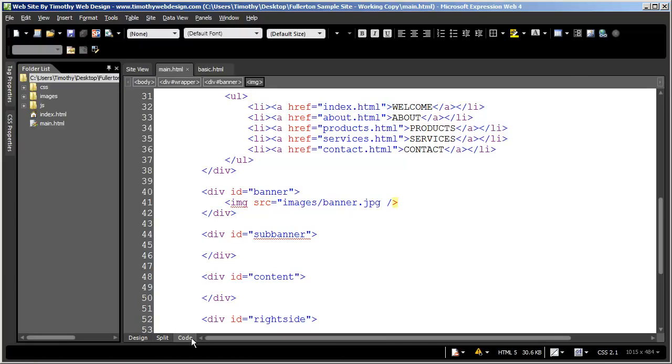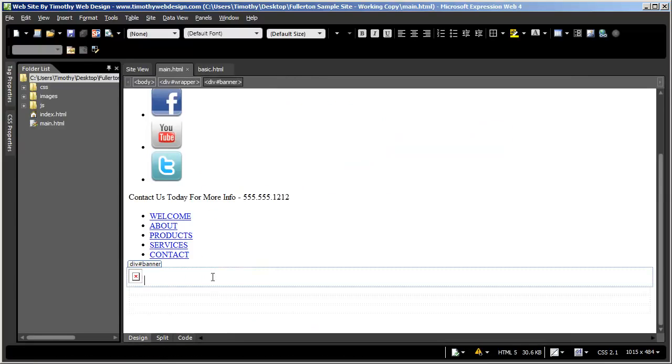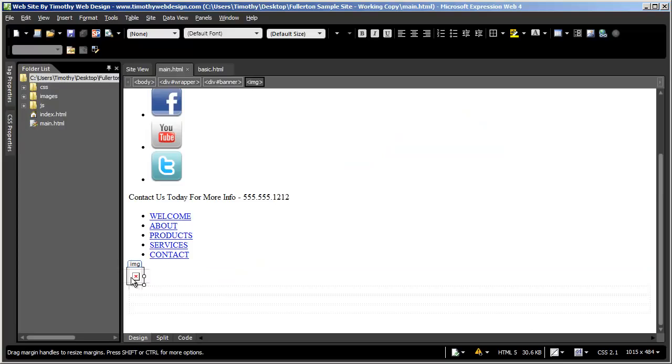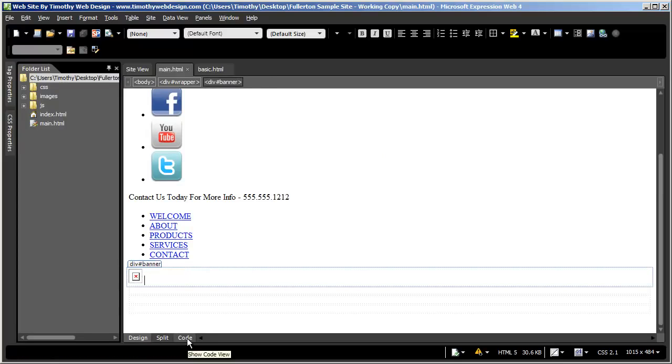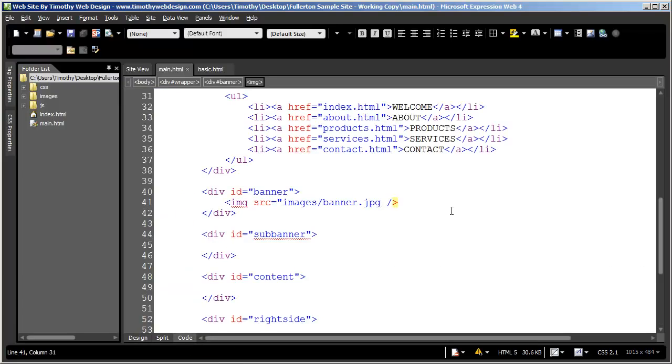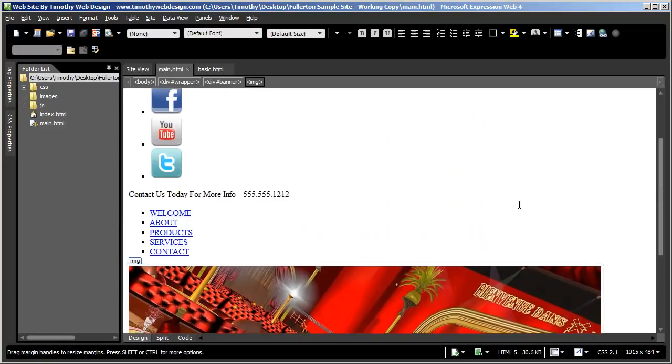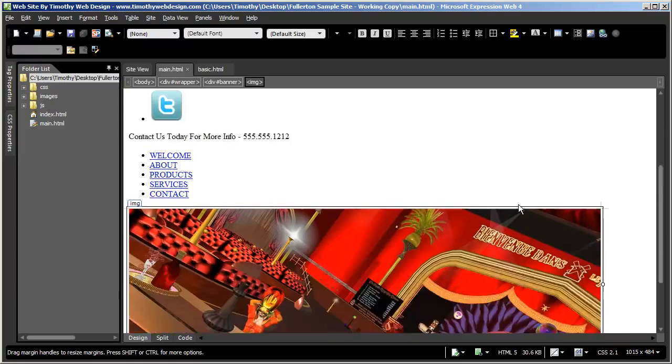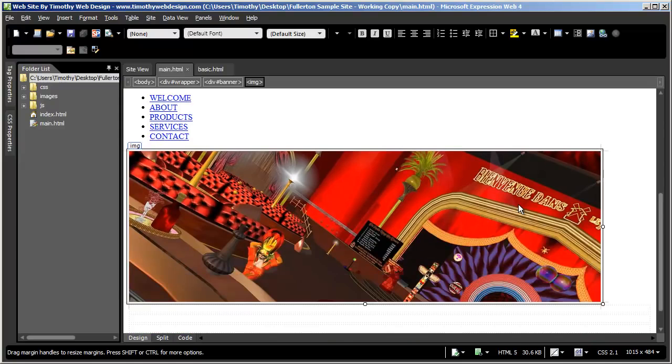We'll save that, come here, and actually there's a problem right there. You can see there's just the open image with the X on it. And you can probably already guess from the mistake that I always make what I did. I forgot to put my closing quotation mark on here. Sure enough, there it is. But if I finish my closing quote, now I see that image appear. Once you get into the habit of not closing quotes and things like that, that can be a hard habit to